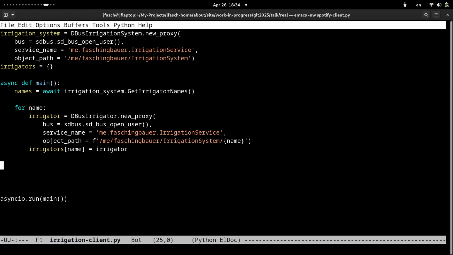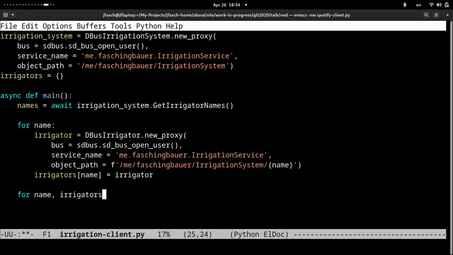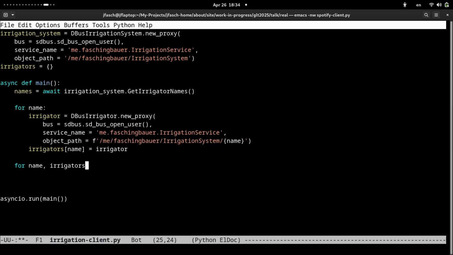And then let's use it, and then let's for name and irrigator in irrigators items. Let's say the low watermark of this irrigator is